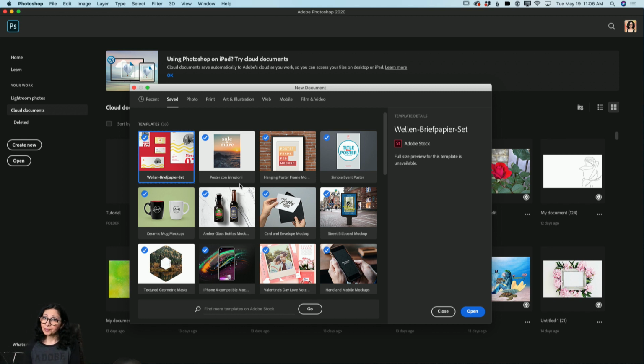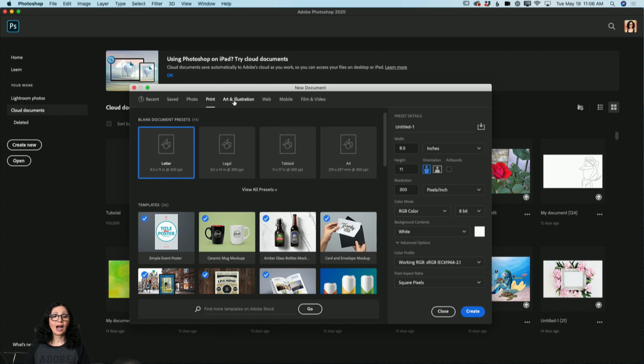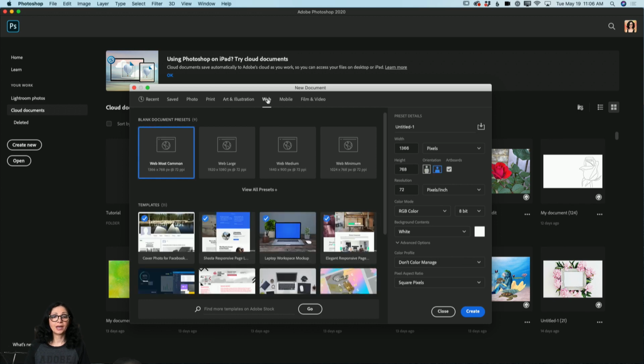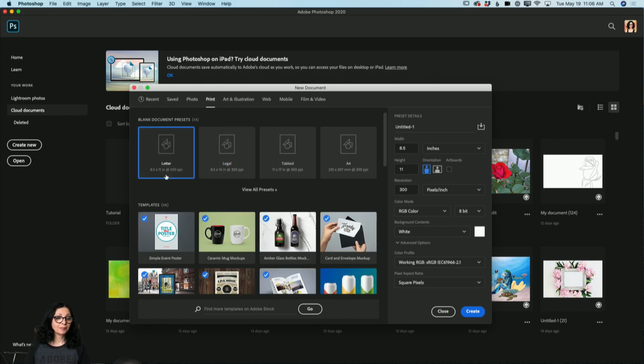I mean templates. If I would like to start working on my photo project, I will click on Photo tab, and under Photo Presets tab, I will be able to find all photo presets I can start working with. Same with print, art and illustration, web, mobile, film and video. Example, if I will click on print and I will highlight my letter ready to go preset,